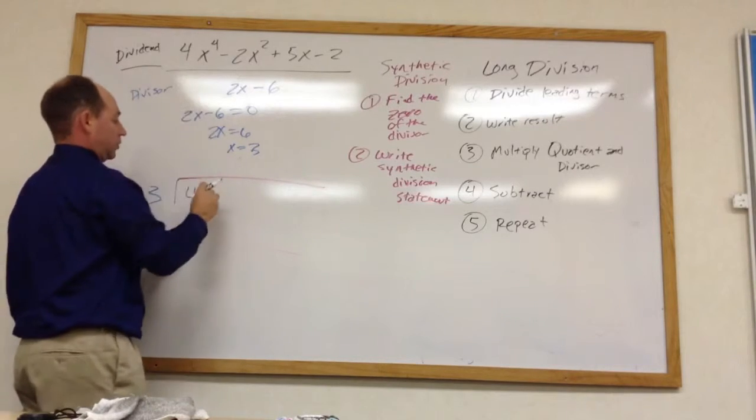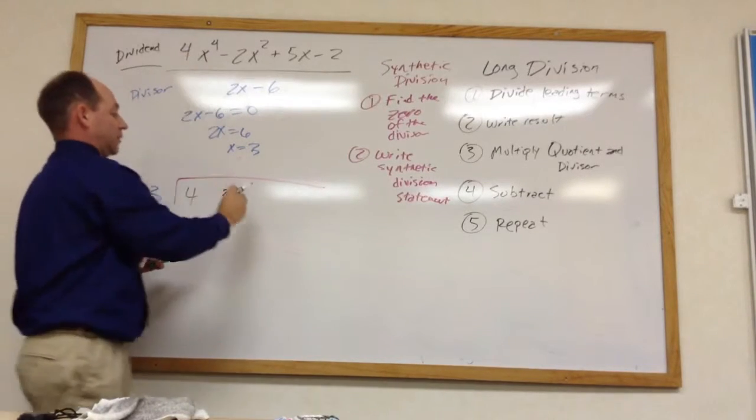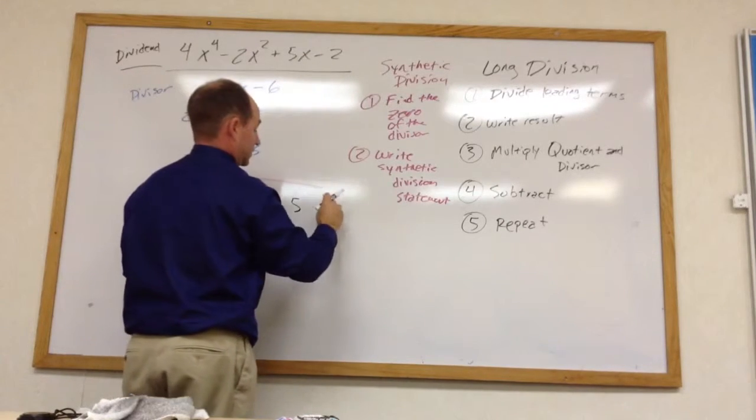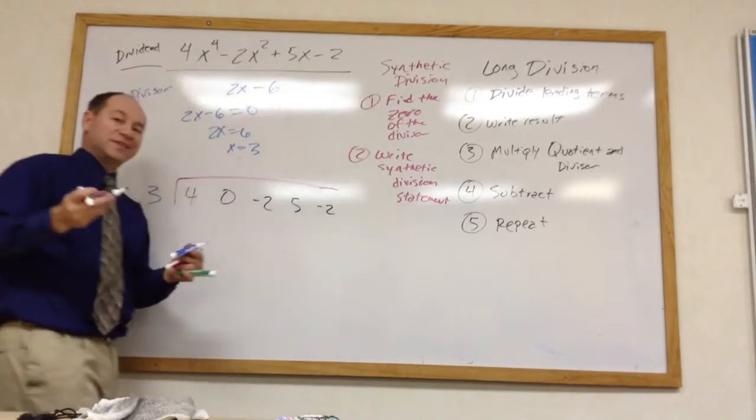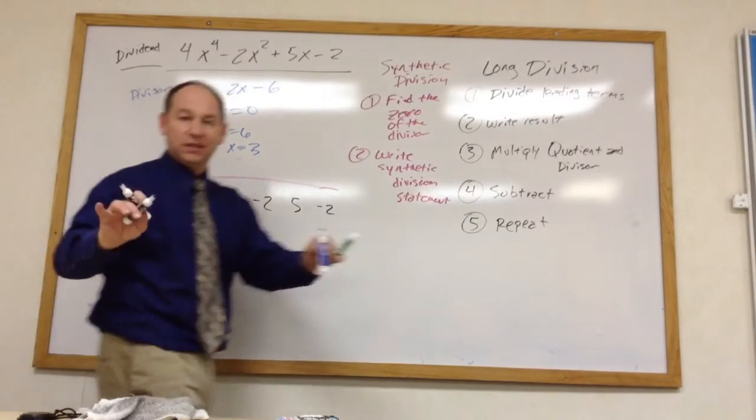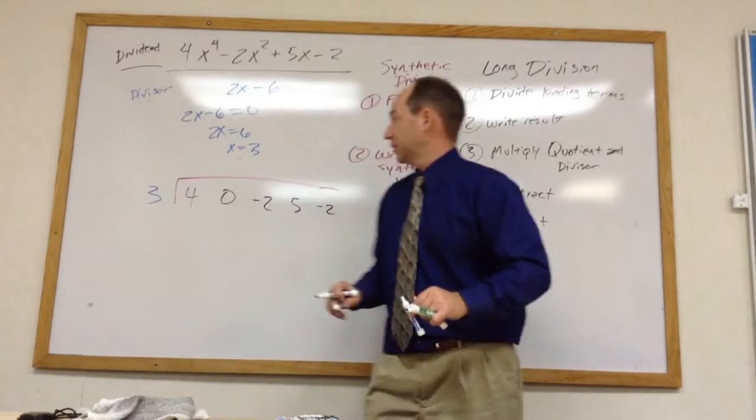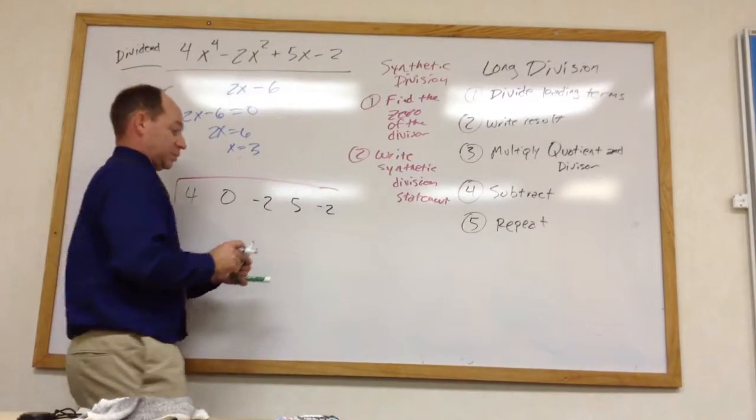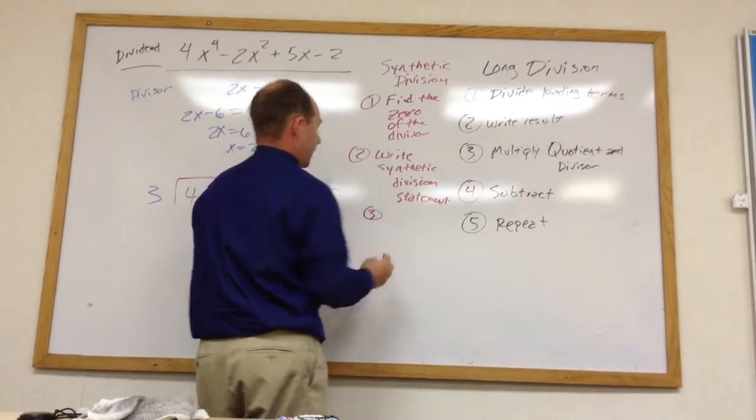The x cubed term is 0. The x squared term is negative 2. The x to the 1st term is 5, and then the constant term is negative 2. So I've harvested those coefficients, and I don't need the x's or any of those variables on there. And now I can do synthetic division, because once I have set this up on steps 1 and 2, step 3 would be to